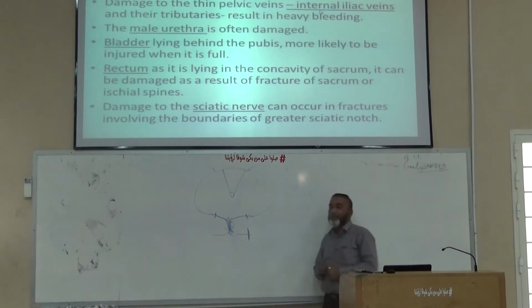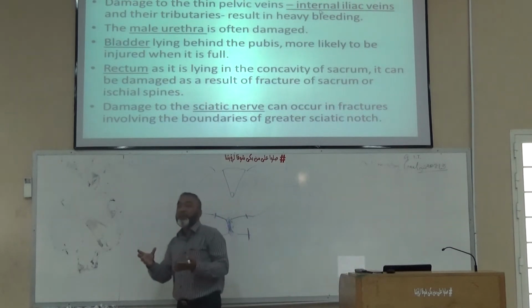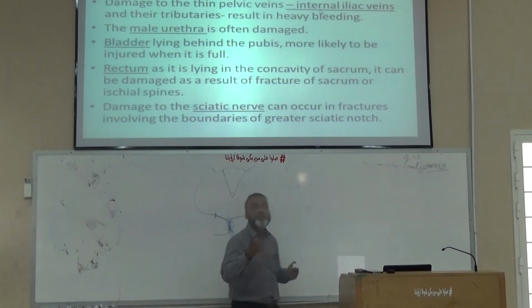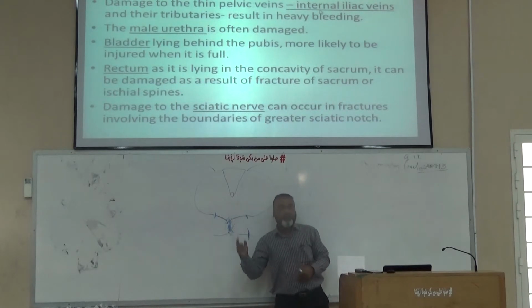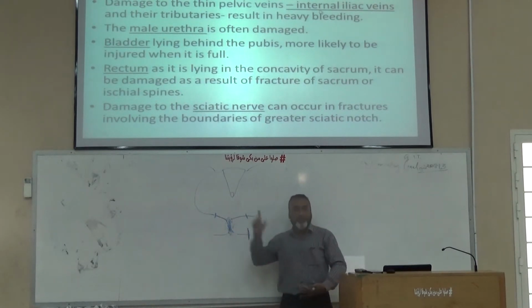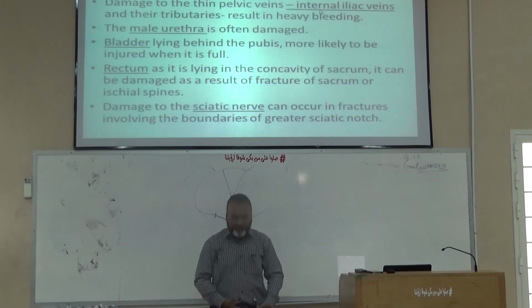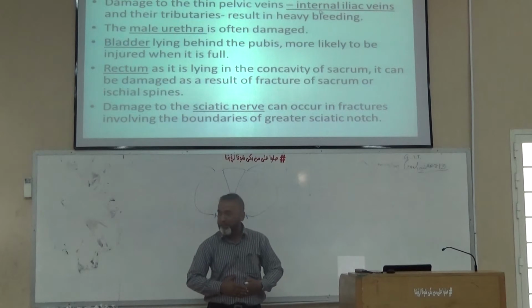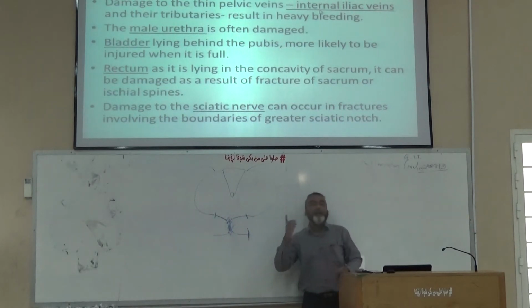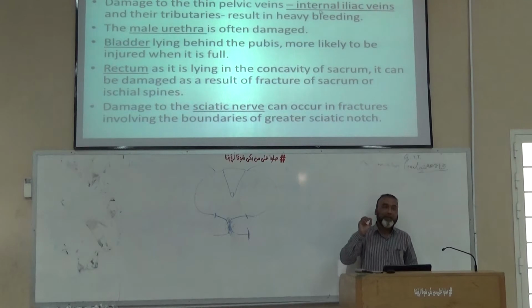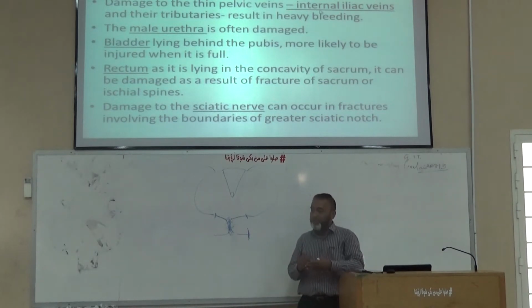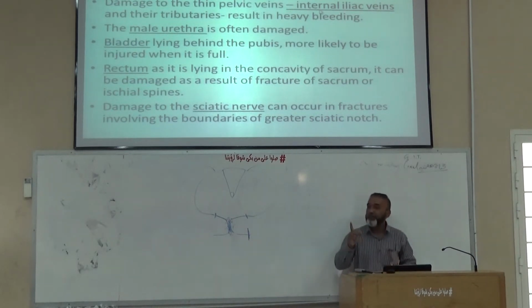And then the bladder. Rupture of the bladder is also a common condition, but in a state when there is excessive accumulation of urine. Because when there is excessive accumulation of urine, as I told you last lecture, the bladder comes into the abdominal area and is in direct contact with the anterior abdominal wall. So there is a chance of rupture of the bladder when there is excessive accumulation of urine. Otherwise, the bladder is behind the pubic symphysis when it is empty.